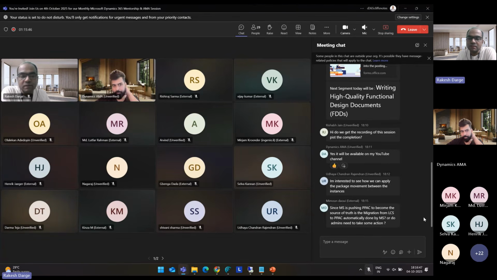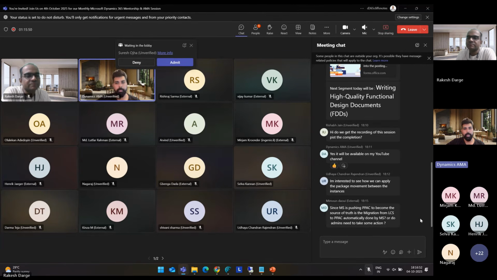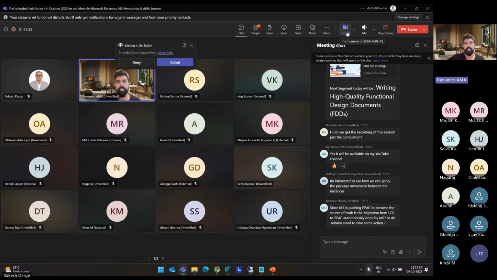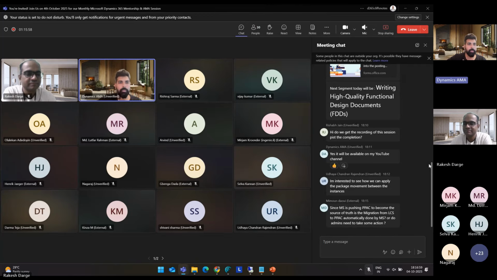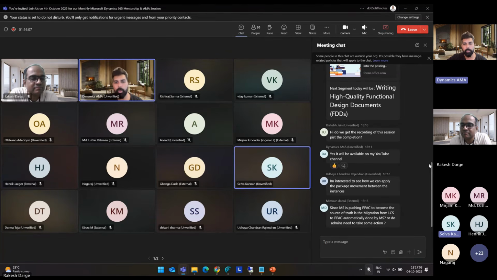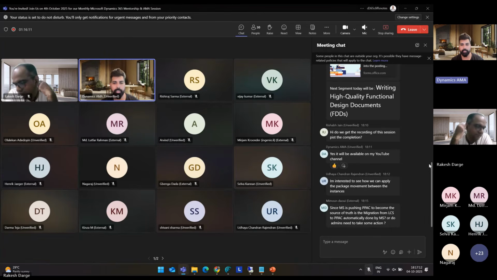Because you might have environments and everything in LCS, so will that be done by Microsoft automatically, or does the admin need to take certain actions?